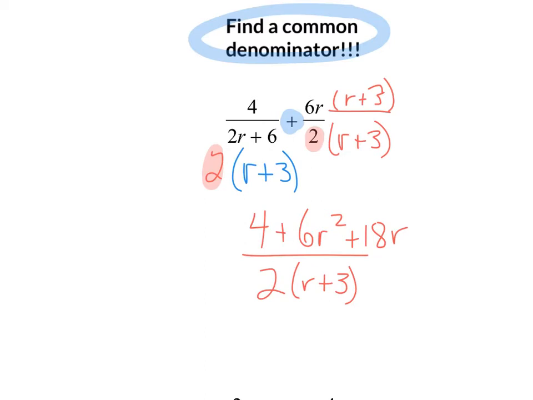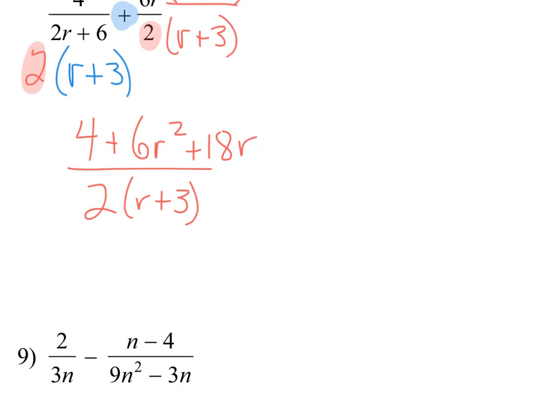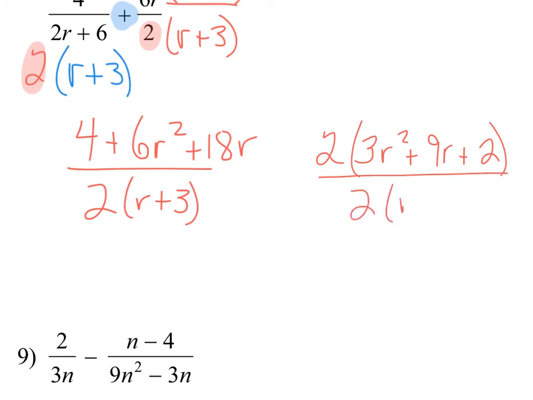Now I want to simplify what I can. I need to reorganize this quadratic here and factor a GCF at the same time. So I'm going to factor a 2 here, and I'll be left with 3r squared plus 9r plus 2, all divided by 2 times r plus 3. And as I can see, there's a 2 out front on both, and I can cancel that. So my final answer will be 3r squared plus 9r plus 2 all over